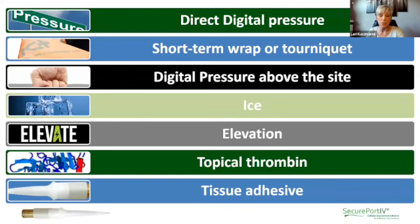tools in our toolbox, so to speak. This is just a short list, and I know there are other things out there, but some of what I see or hear and what we recognize in standards and our guidelines, talking about just direct digital pressure. After an insertion of a catheter, that's generally the first approach to managing post-insertion bleeding and oozing, and probably